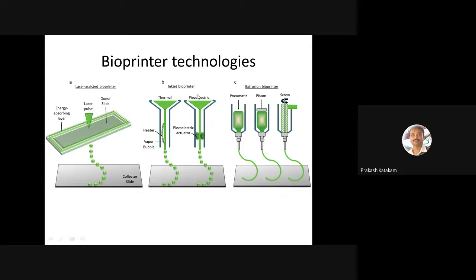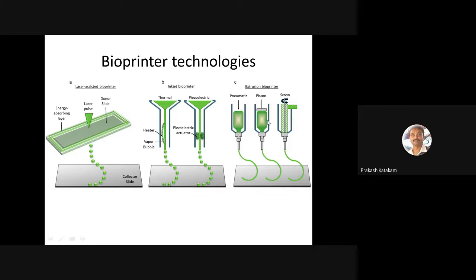In inkjet bioprinter, they use two techniques. One is thermal inkjet printer, and second one is piezoelectric inkjet printer. All we know about these technologies, simple techniques. In thermal, a temperature heater will be there. Once the liquid is heated, it will form a vapor bubble. That vapor bubble will make a globule, in which it contains vapor inside and liquid material outside. Once this is deposited onto the substrate, these globules will burst to release the vapor, and after that they fuse together. In the same way, piezoelectric technology, an actuator is used instead of a heater; the same thing happens.